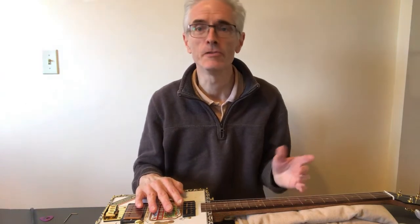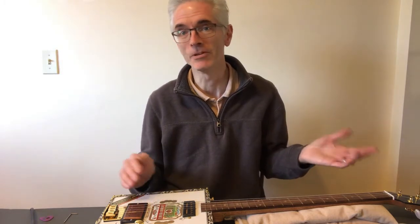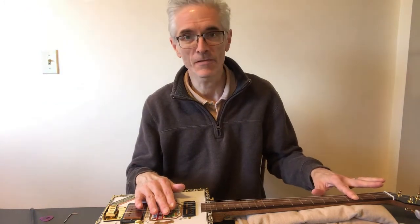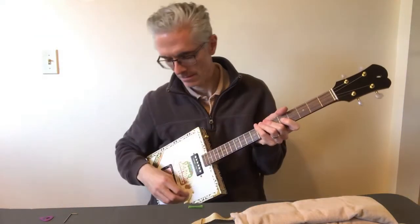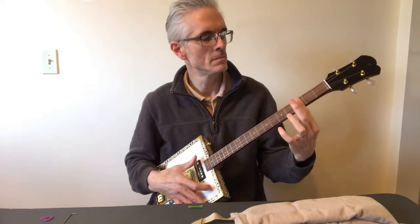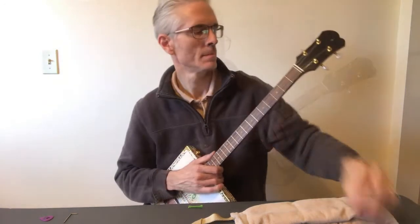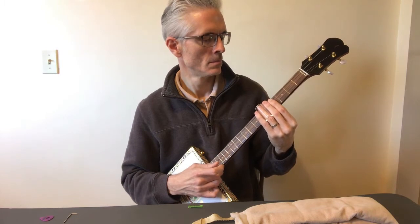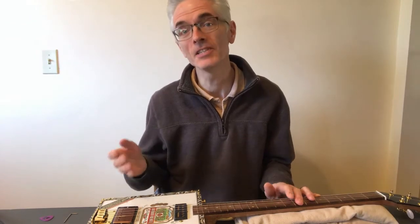guitar. Generally, we use open tunings with CBGs. If you're new to this, open tuning means you tune the open strings to a major chord, like G or E or D or others, so that when you bar the strings with your finger at any fret or over the fret with the slide, you play a major chord. Of course, with the slide, that makes getting to the notes you want a lot easier than with standard E